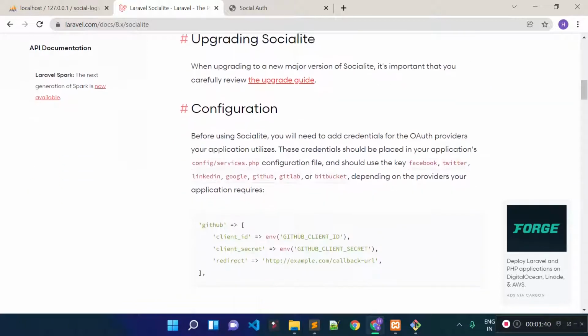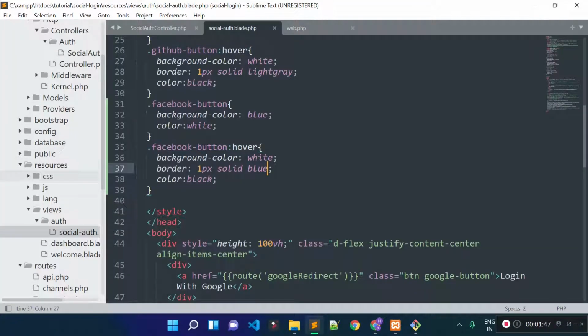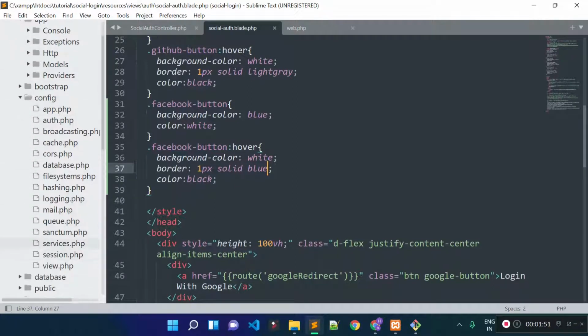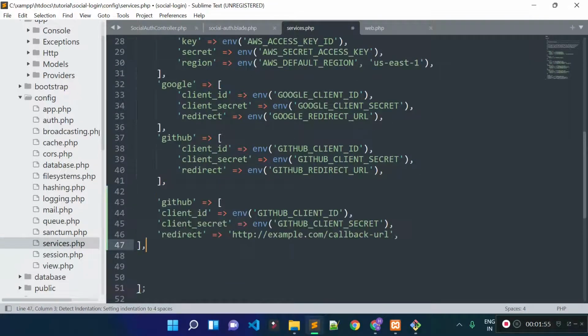And then for the configuration, we need to add these lines of code inside our services.php file, which is under config folder. So let's open our config folder and then let's open this services.php file, and let's paste this code here, and we are going to implement Facebook login.